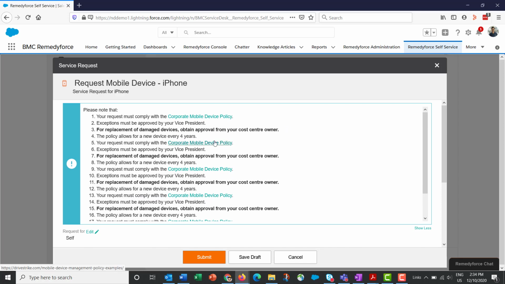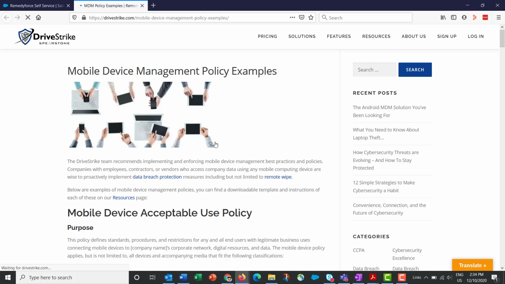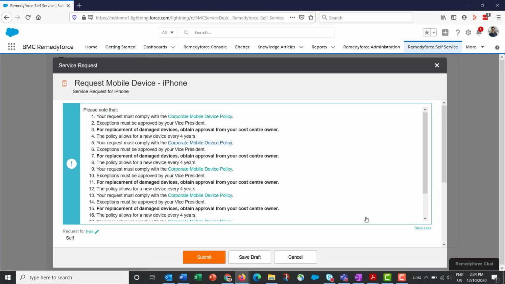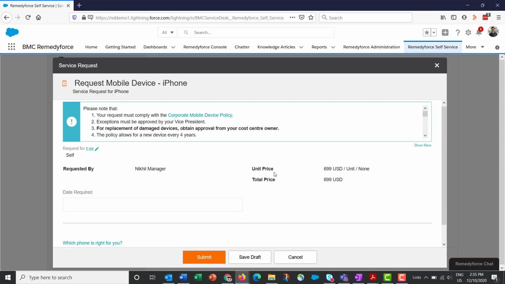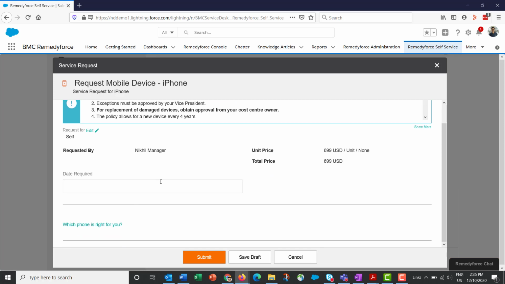You can click on any link in the instructions. So here I can view the policy associated with this service request. Once I'm done, I can click back on the show less link and I can proceed to enter the form. It also shows me some other details such as the price of this device, and there are a few fields